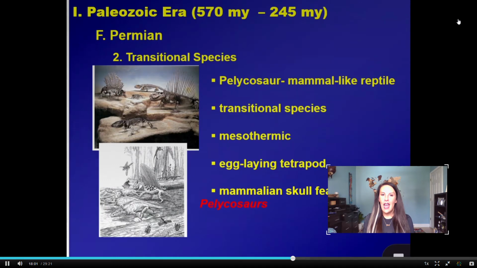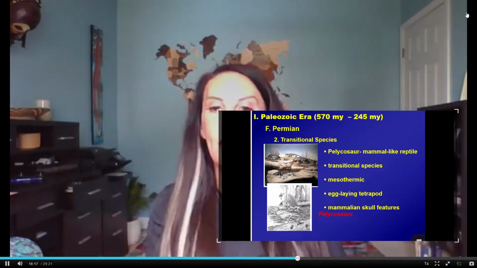So just recognize that their fan is collapsible. You can put it up or you can put it down depending on your temperature needs. And additionally, like we mentioned, we're going to focus on the skull and the skull cavity. The Pluckliosaur has mammalian-like features in their skull. So we're going to come back to Pluckliosaur later when we talk about the uprising of mammals, but